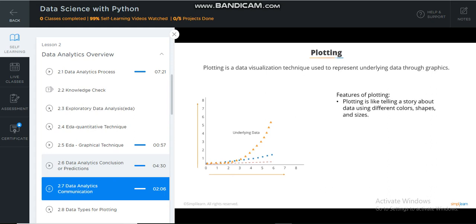The process of plotting is also like telling the story about your data through different colors, shapes, and sizes. You can also show the relationship between variables through plotting. For example, the value of x changes if the value of y changes. Based on this information,